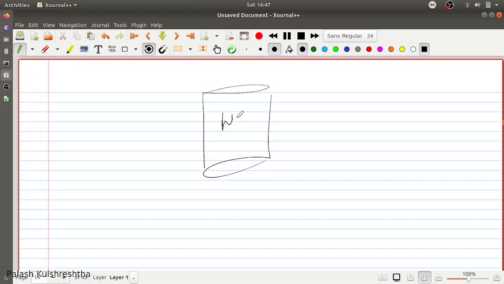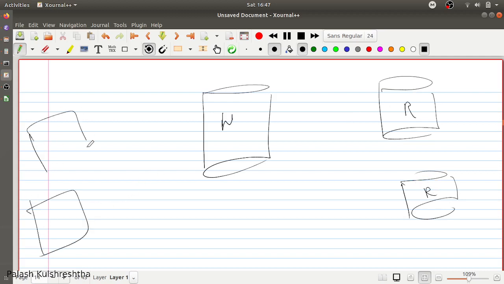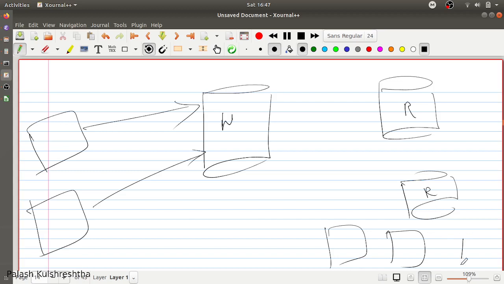This is the write view and these are the read views. They can be different databases, different data stores. Different teams can have access to different components. For example, only these two teams can write to the database, and these are the two teams which can read from the database. And even in this case, you can have different levels of access for different teams.